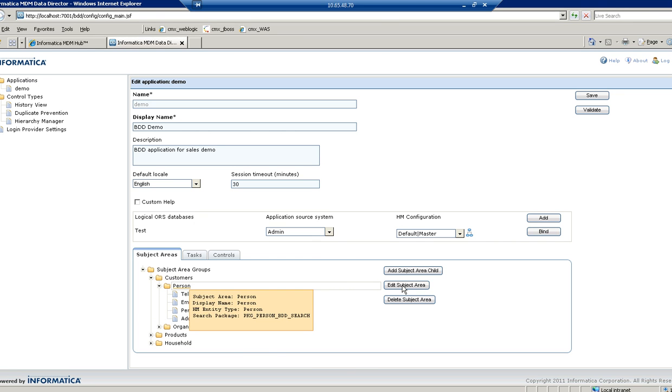So you should make sure that the person subject area has merge task assignment privileges and the data stewardship role has been assigned to it. Please note that this application and all these changes will be done automatically when you do the installation. I am doing this for reference or for a cross check. In case it is not there, you can add it manually.